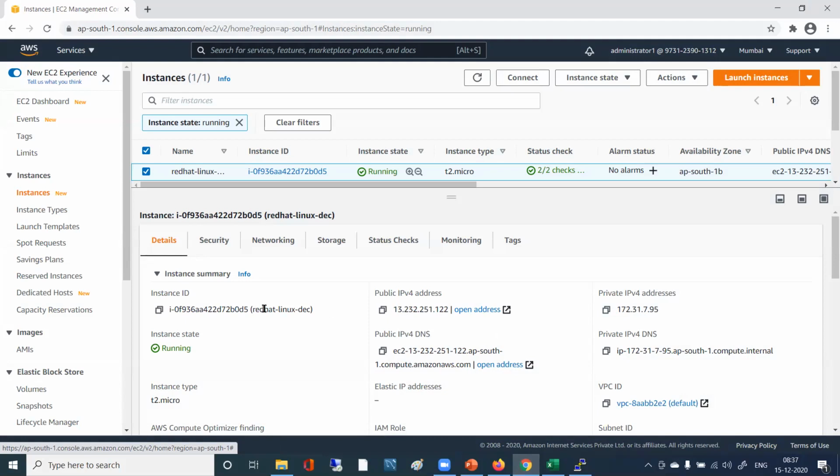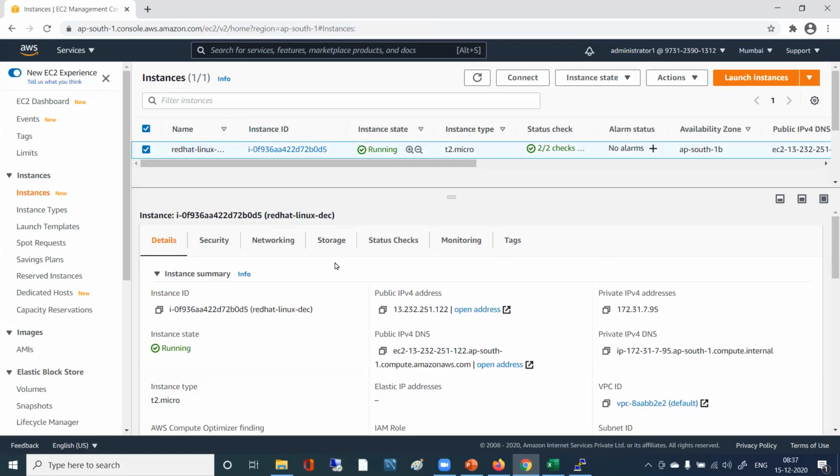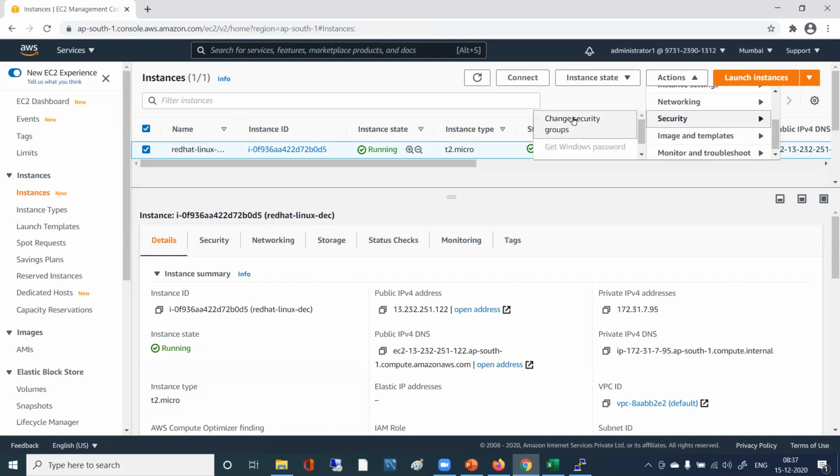Now what you will have to do is you will be using the same security group for your NFS as well as for your Linux instance. What we wanted to check is how you can change that. In the instance tab, you should have some option here. You have security, right? Ideally we should go here, and here we should use this option.